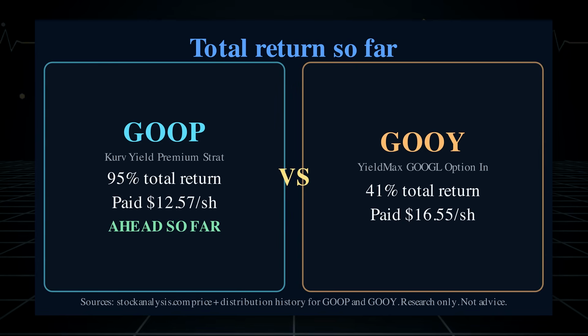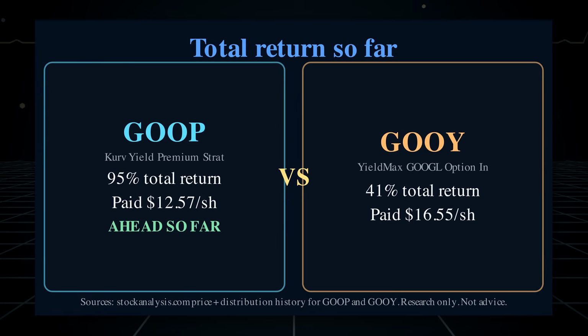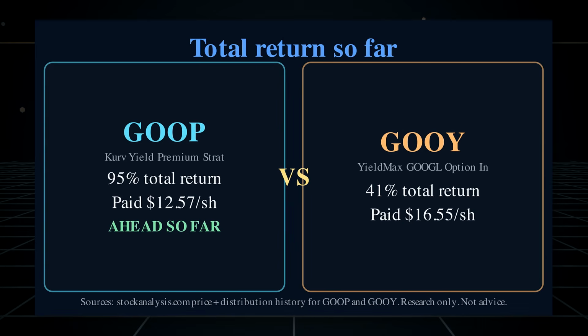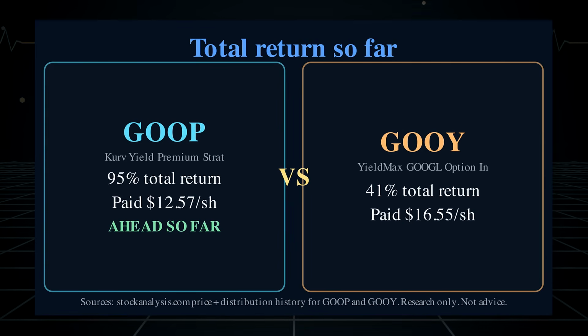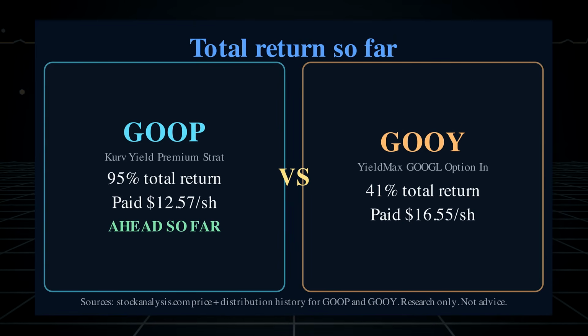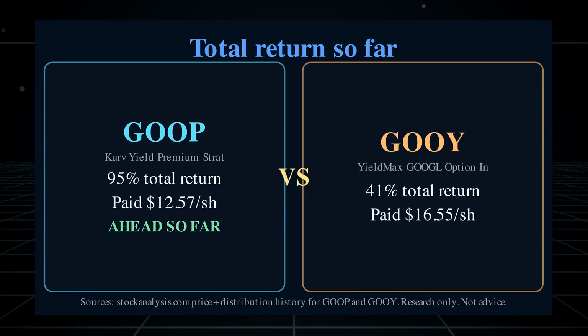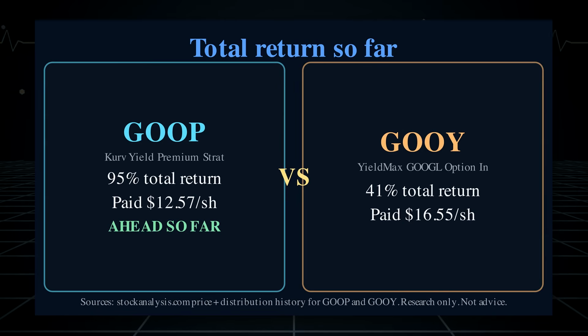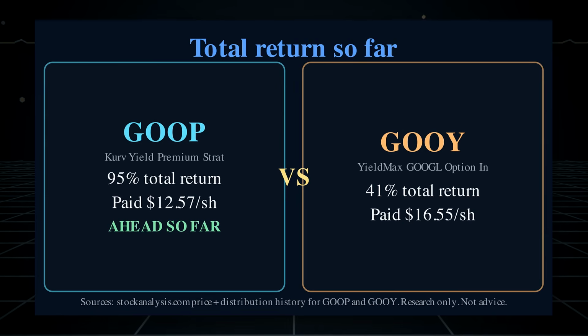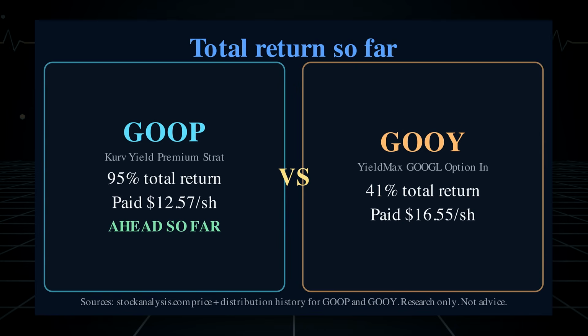GOOY also finished positive on this measure at 41%. That point matters because on life support is not the same as the investor received nothing or the entire record was negative. The distributed cash more than offset the supplied decline in NAV when combined through this simple method. GOOY created a positive economic result across its own since launch period, even though the remaining share value was badly wounded. GOOP is still the clear head-to-head winner on the all-in record.